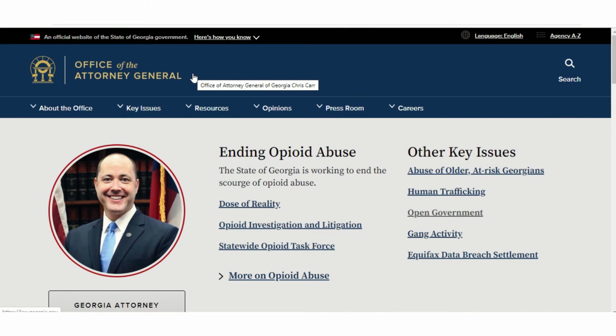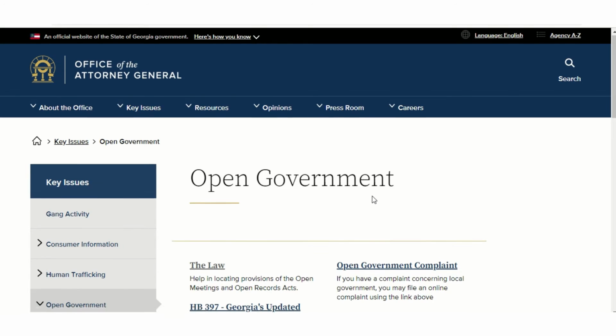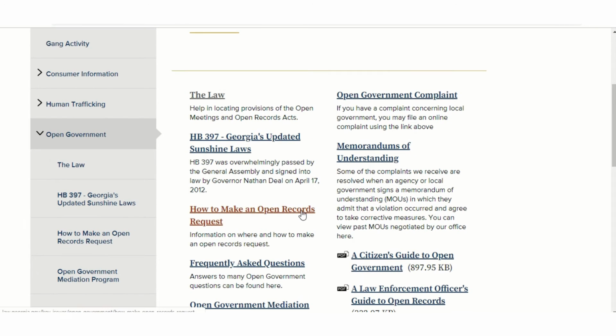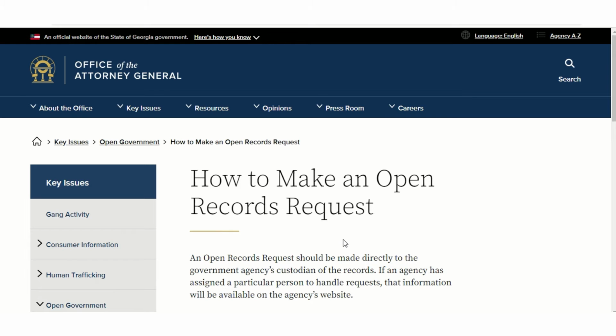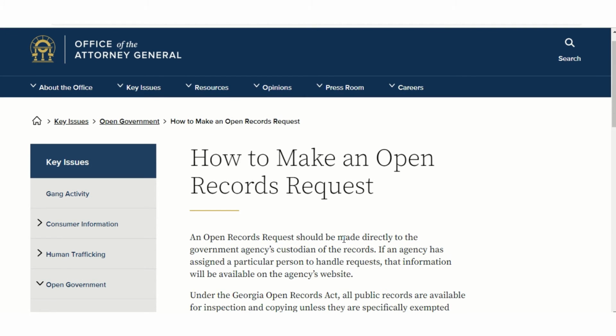On the Office of the Attorney General's website, you can find information under Key Issues and Open Government on how to make an open records request. It says right here that it should be made directly to the government agency's custodian of records.